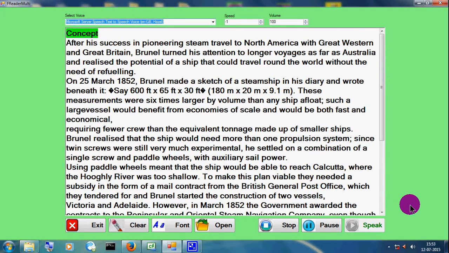Concept. After his success in pioneering steam travel to North America with Great Western and Great Britain, Brunel turned his attention to longer voyages as far as Australia and realized the potential of a ship that could travel round the world without the need of refueling. On March 20